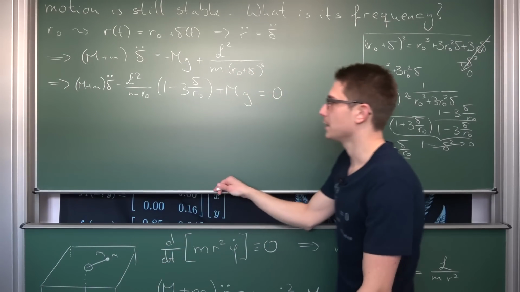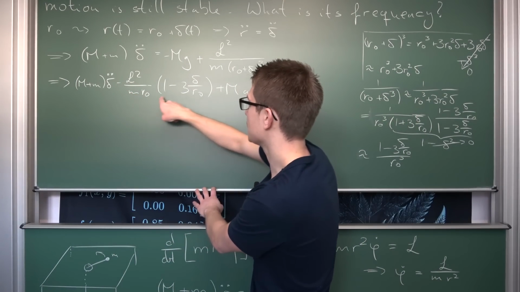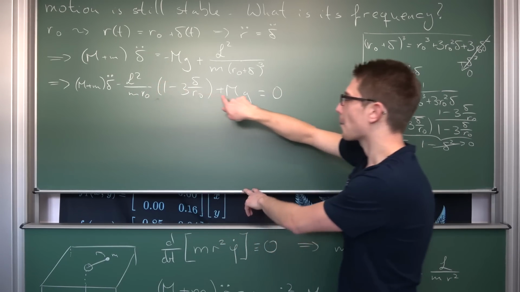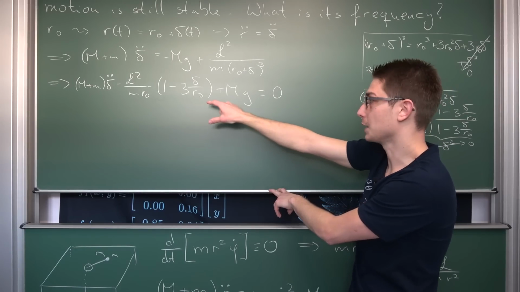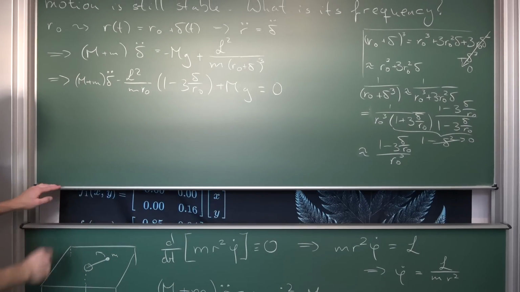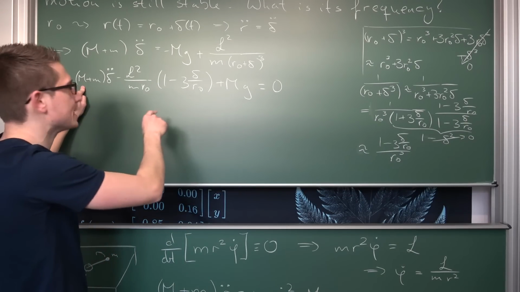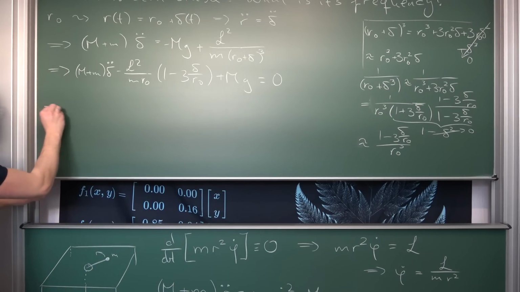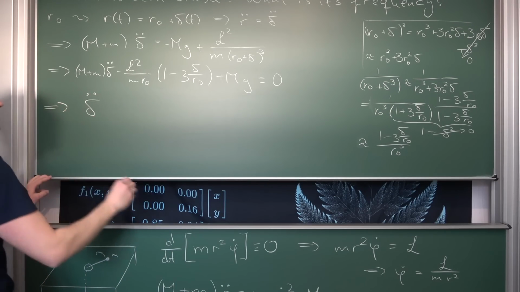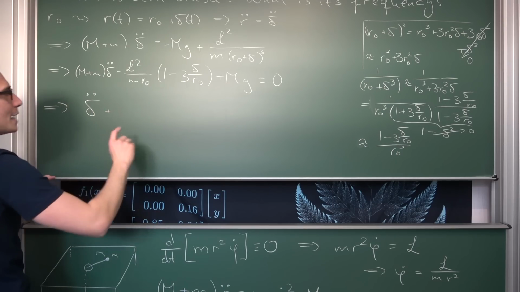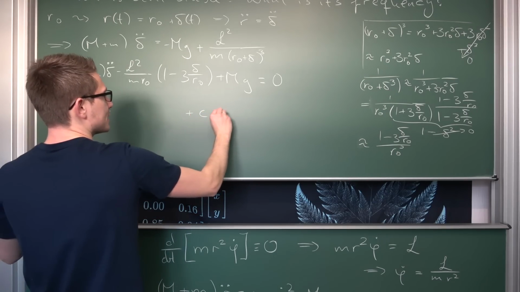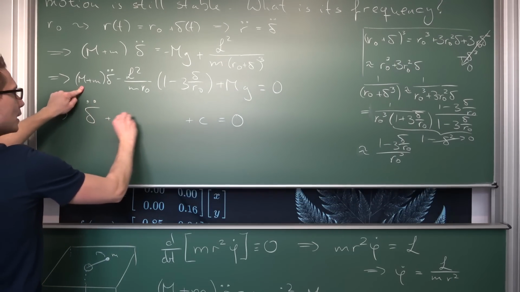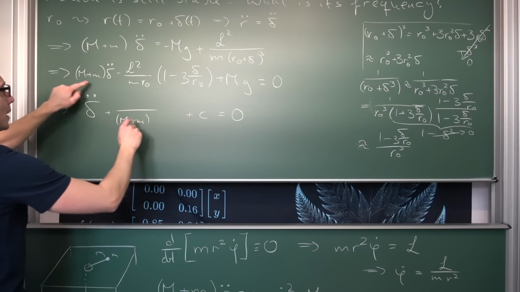Now we can start factoring everything out. If we just multiply this into here, this whole part, L squared divided by m r naught, is going to be a constant, plus another constant, and their dimensions are equal, are going to result in another constant. Also, we can divide both sides by m plus m, it really doesn't matter, and dividing this new constant by another constant is going to result in yet another constant, meaning we are going to get delta double dot plus something, and then plus some constant c is equal to 0. What is this other something that we are going to have? I mean, we are going to divide everything by m plus m. Now we are factoring this out.